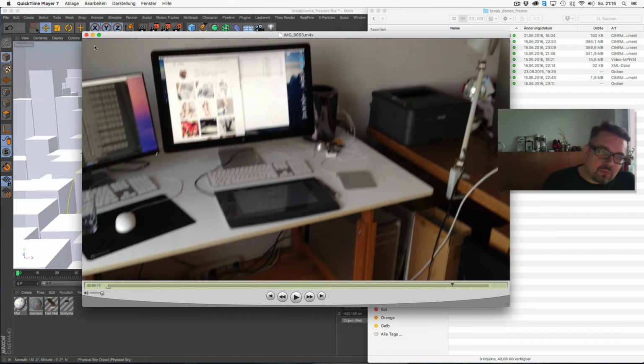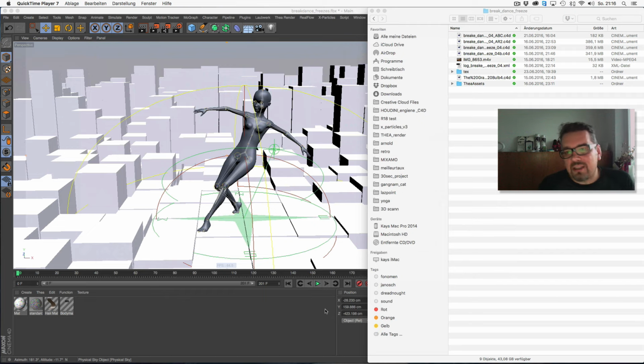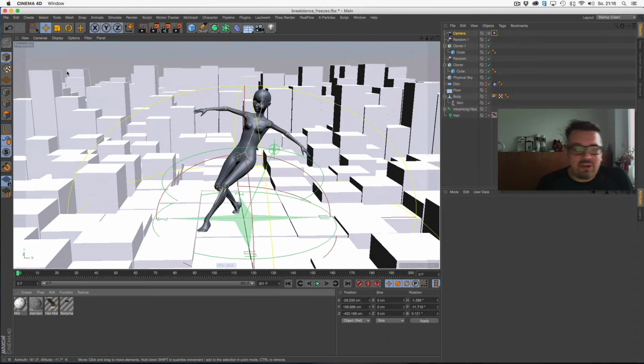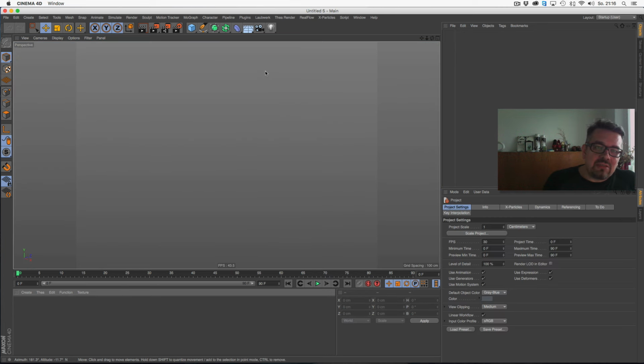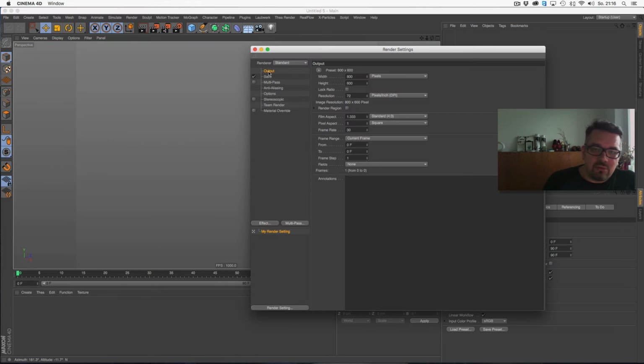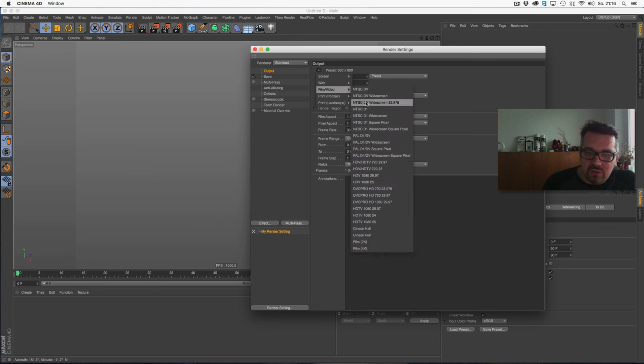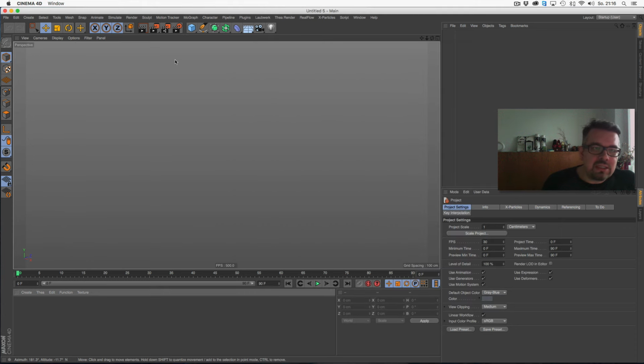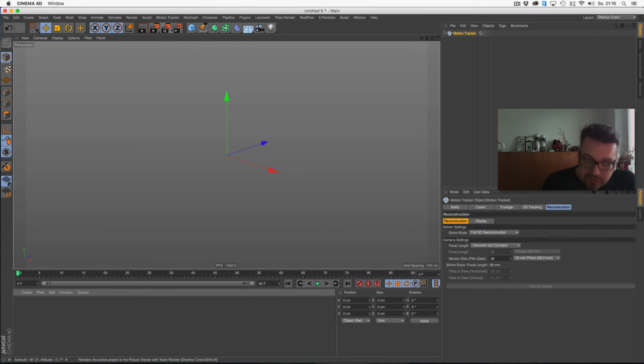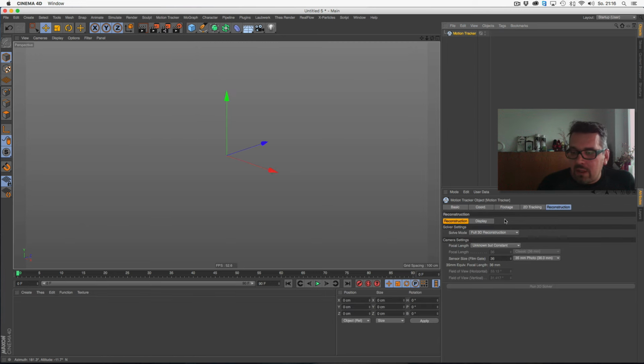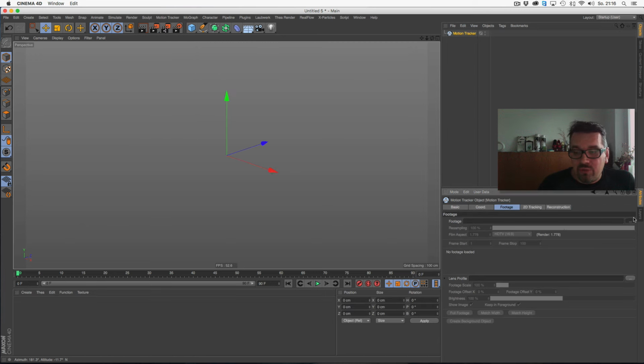So, the next thing I like is to have this camera animation inside Cinema 4D, and it's very easy too. You just set this to 16292. It's nicer. Then you use the motion tracker, giving it the same footage I showed you.